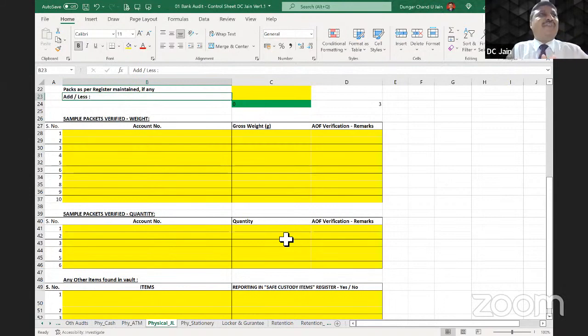10 packets, you can verify the weight of the jewels which are there. A few things you can verify, the quantity, and record it here also. In fact, I am told a few banks insist on calling the nearby appraiser and doing the audit. If the bank is insisting and giving you directions, follow that. If it is not so, and you feel that the quantity is very small, you can get it done from the present appraiser itself. Weight,